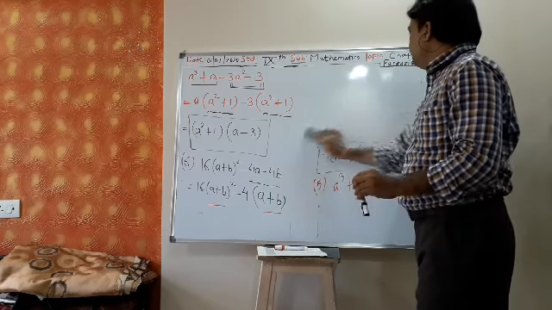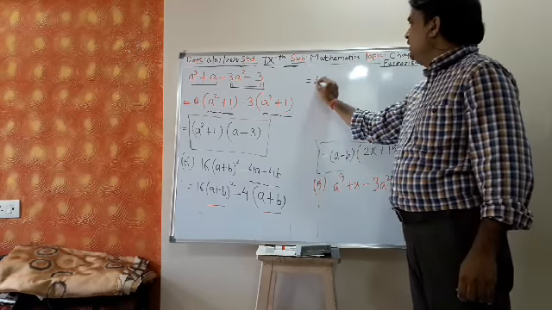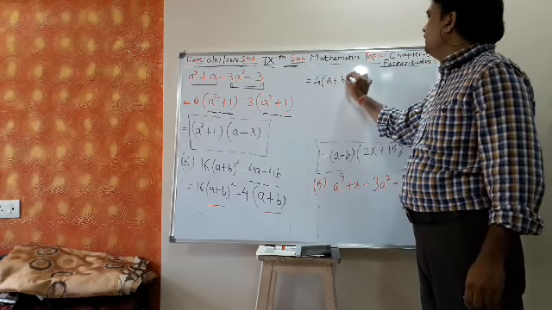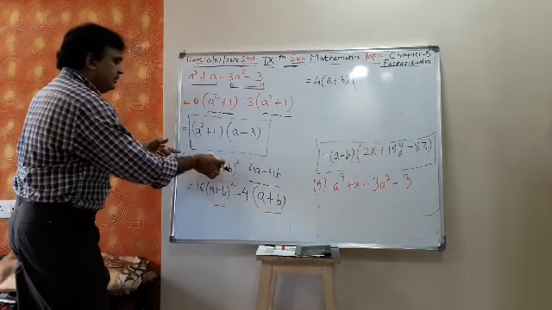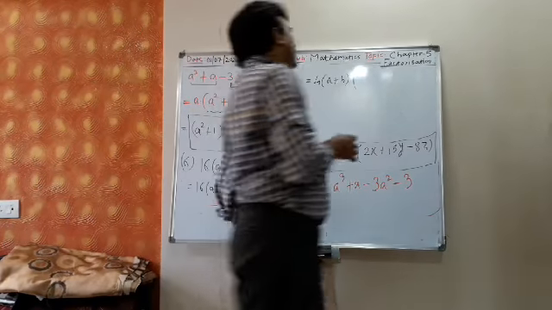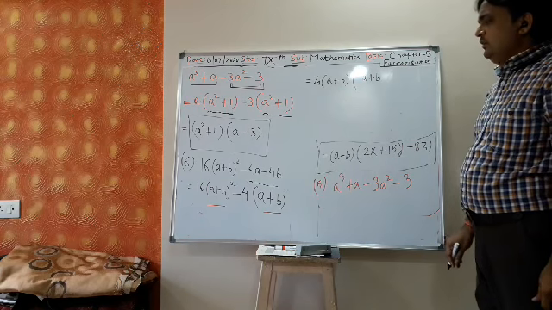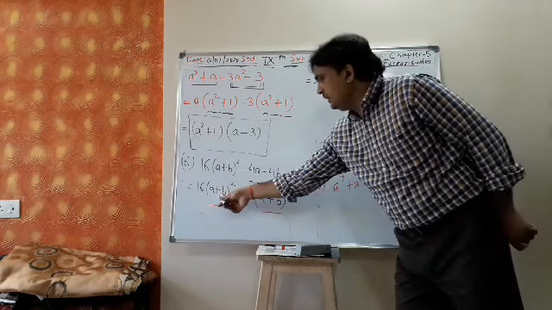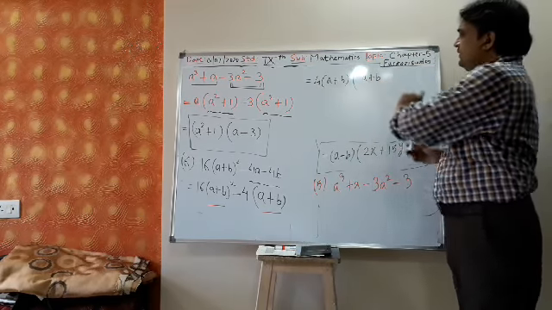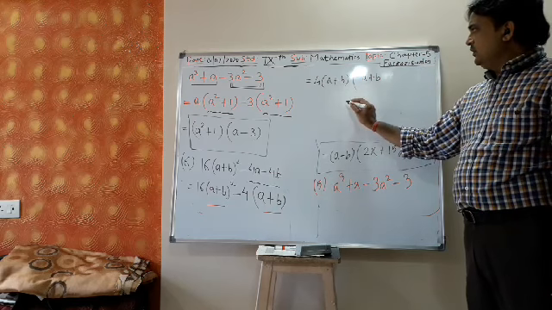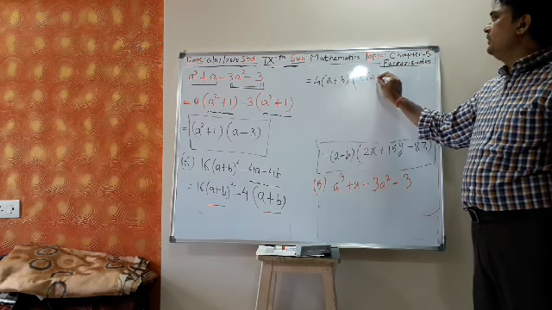16 and 4, 4 is common. Yes. 4 into a plus b is common factor. So this is a plus b whole square. 1 a plus b I have taken outside. So what is left? A plus b is left, no? Yes or no? From a plus b whole square I have taken a plus b outside. So what is left? A plus b is left. Yes, 4 into a plus b is left.